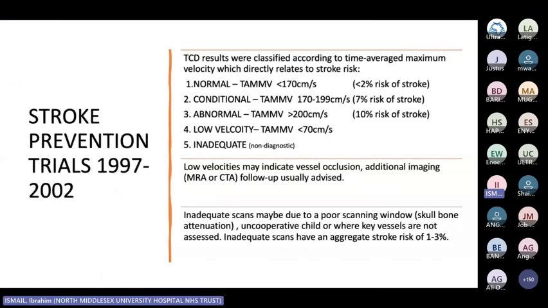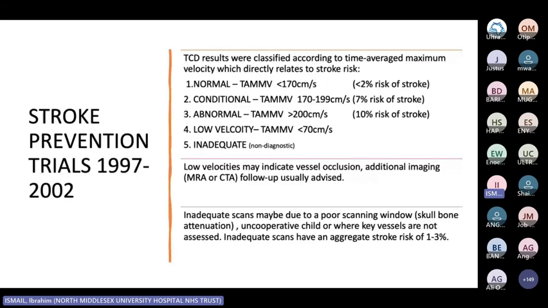From the results, the TCD results were classified according to, like I said, the time average maximum velocity, which directly related to a stroke risk. So if a pediatric patient came in, and we looked into certain intracranial vessels and the velocities were below 170 centimeters per second TAMMV, then their stroke risk was below 2%, according to